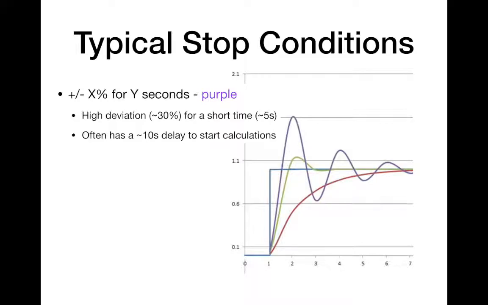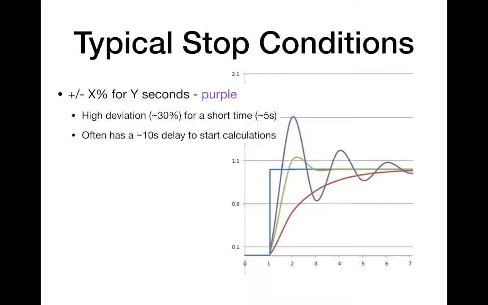So here is the way that we need to control our flow rate. Some typical stop conditions are looking at the deviation of the flow rate from the set point. So if you're deviating by a certain percentage for a certain amount of time, then you need to stop the process. The common stop conditions that I've seen are a high deviation for a short time and a small deviation for a long time. Examples that I've seen as common are plus or minus 30% deviation for 5 seconds and plus or minus 5%